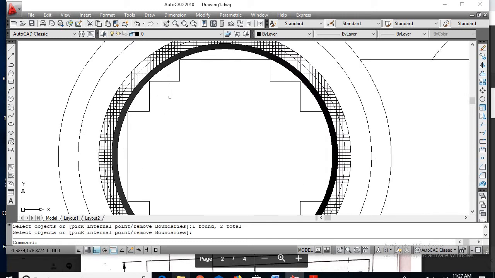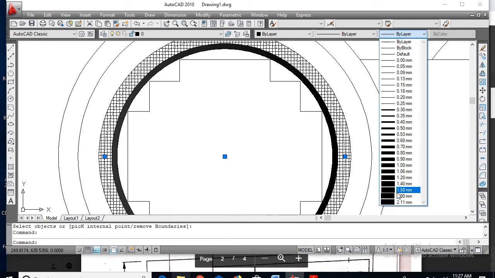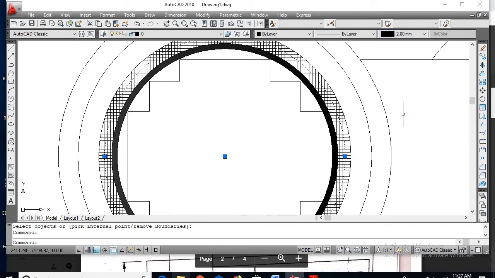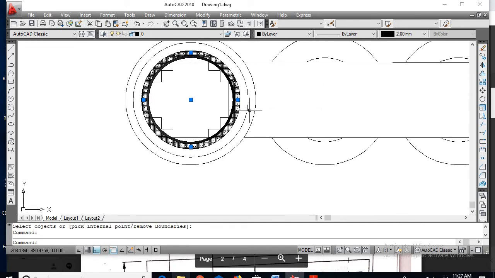So if you want to make the circle a bit thicker, I can go for taking the circle.